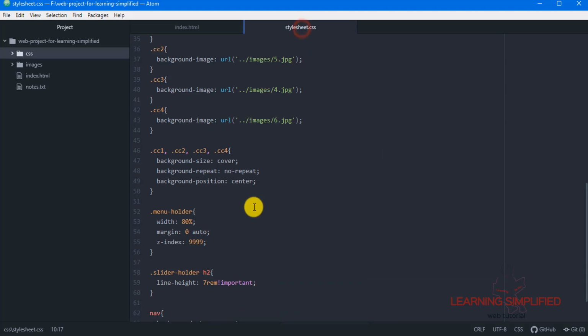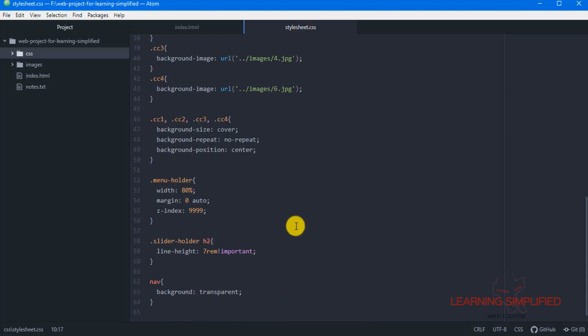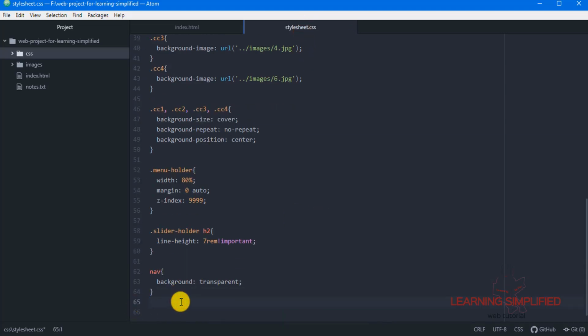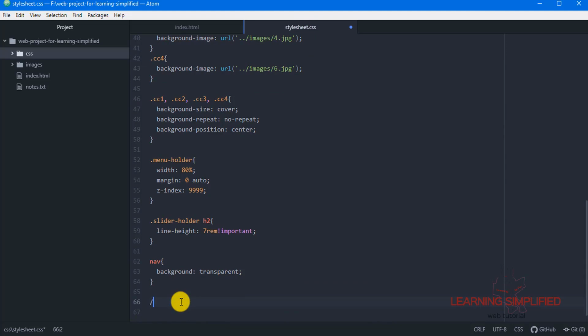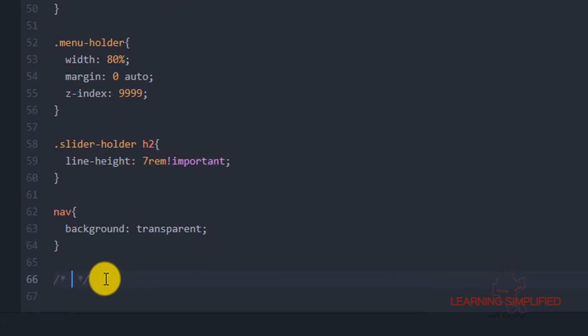So let's get back to stylesheet.css, and here, as I have told you previously, always keep documentation of everything that you are doing here. So that is why I will be creating this CSS comment over here.